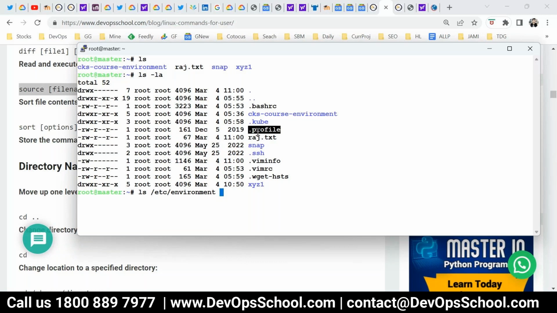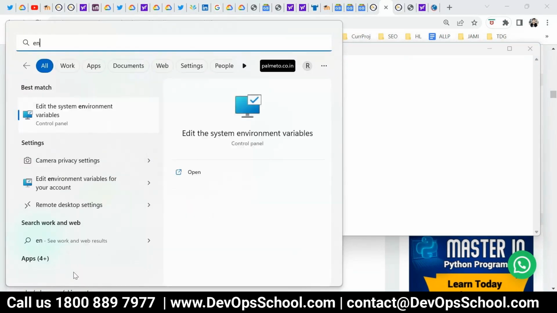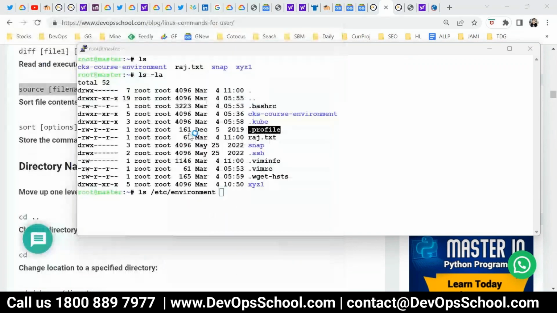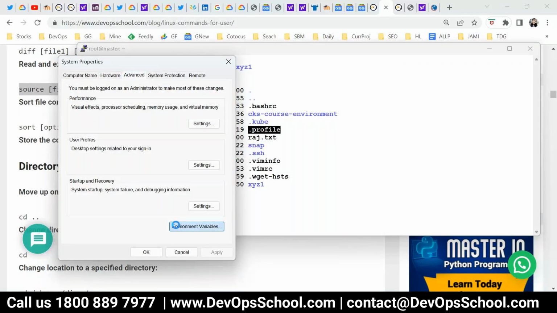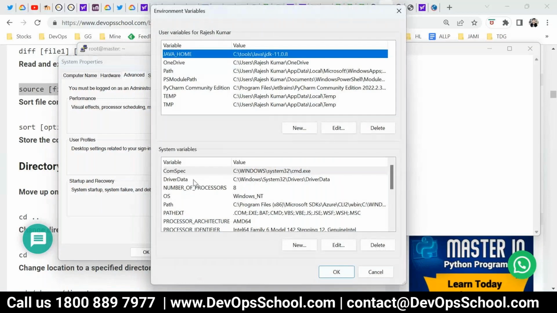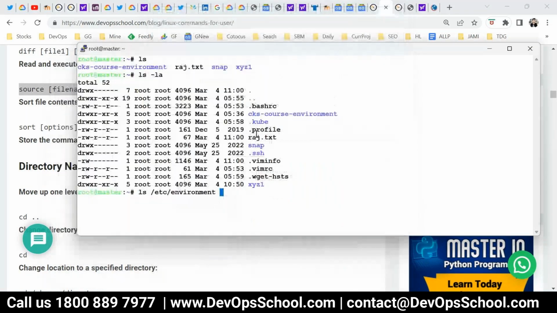In Windows you do that too, right? You add user environment and system environment variables. Same way, here we have variables you want to set for your user session or profile, and system-wide here. Remember that. You can also use bashrc for that.